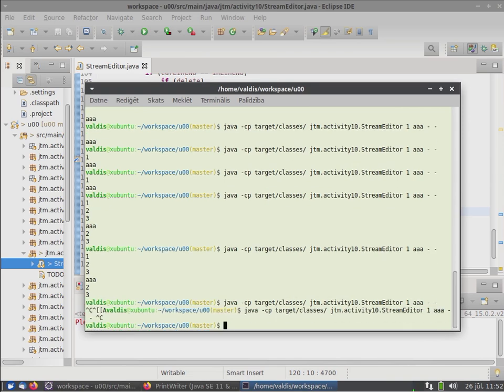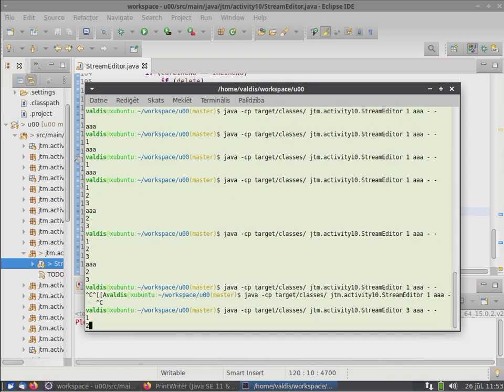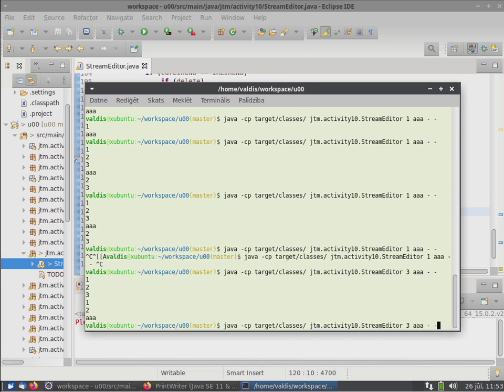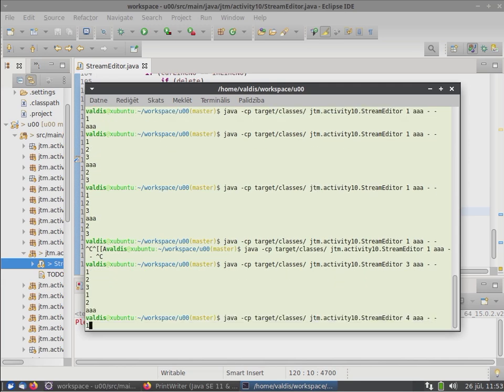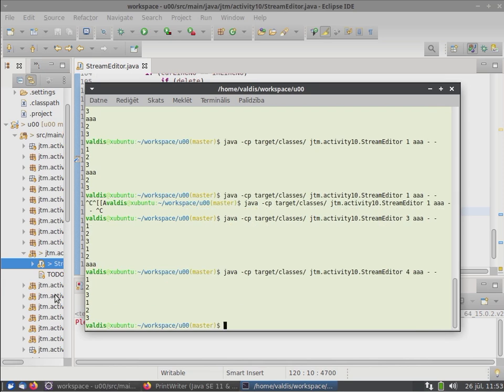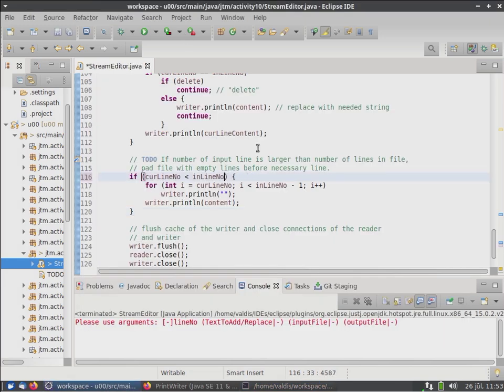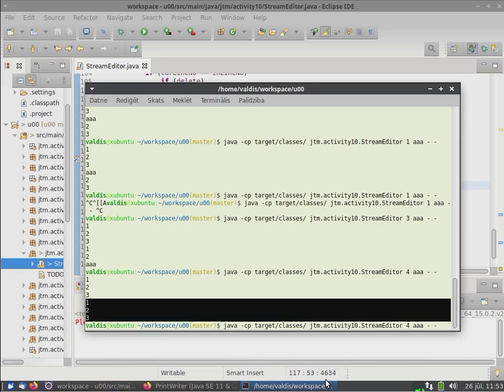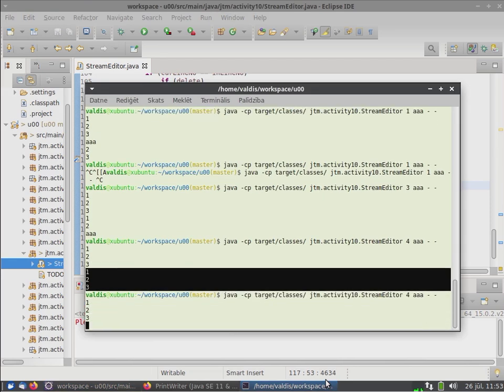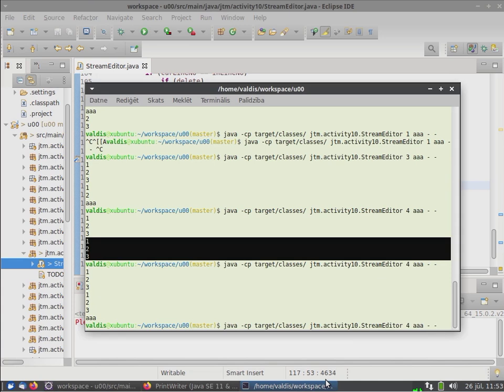That was already. Now it's not printed out. Maybe only here. Looks like